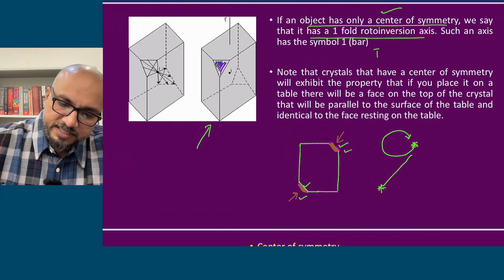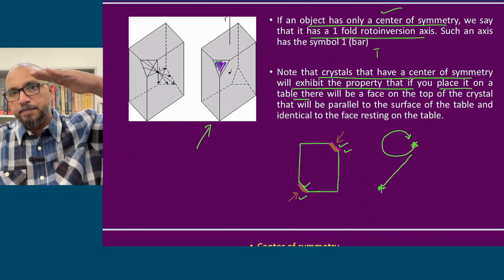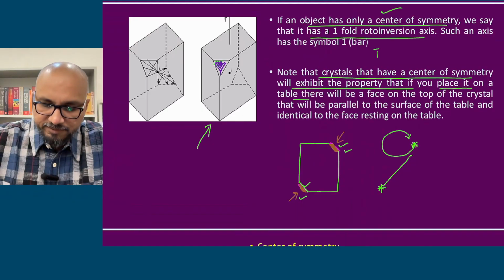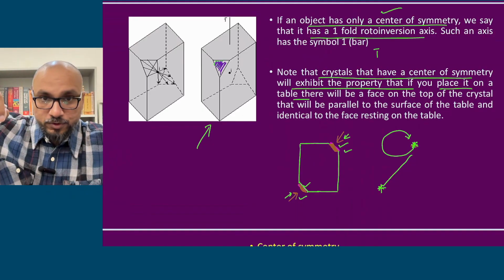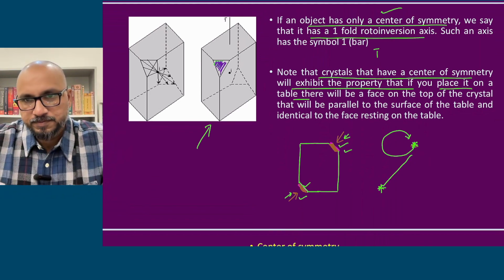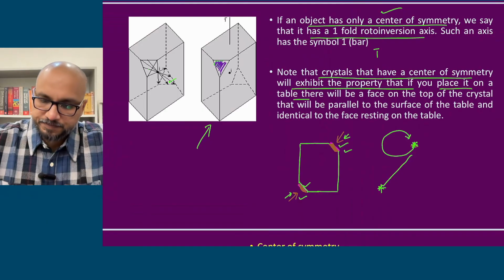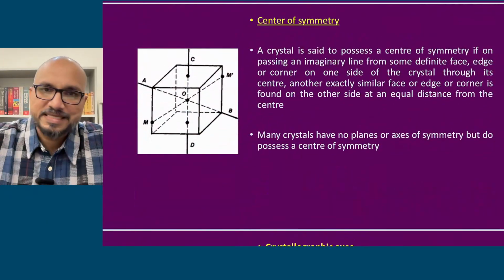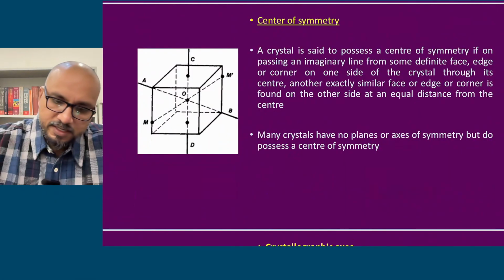So note that the crystal that has a center of symmetry will exhibit the property that if you place it on top of a table, तो top में जो face है और नीचे जो face है they will be parallel to each other. So ये वाला face वापस से repeat करने के लिए total 360 डिग्रीज रोटेट करो, फिर उसको invert करो, तो ये वाला face जो है वापस से repeat होगा. Then we have center of symmetry. Now what do you mean by center of symmetry? Okay, so